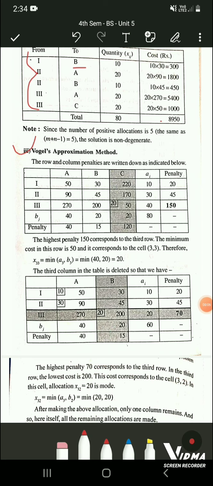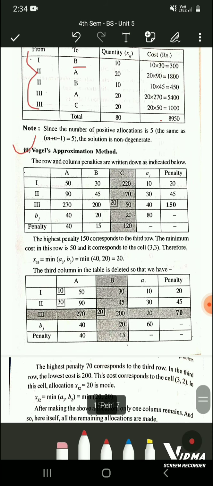So if you remember, in this method we have to create additional row and column for penalties. So how to find out penalty is, for the first row check the lowest and the next lowest value, take the difference, and this has to be checked only in the cost matrix, don't include this AI value also. So here lowest value is 30 and the next lowest value is 50, therefore the difference is 20. Make an extra column and write it.